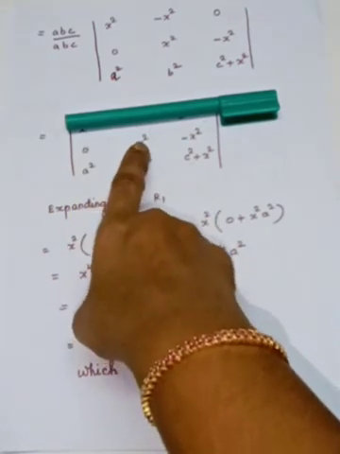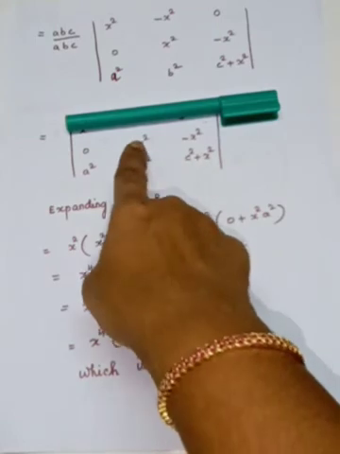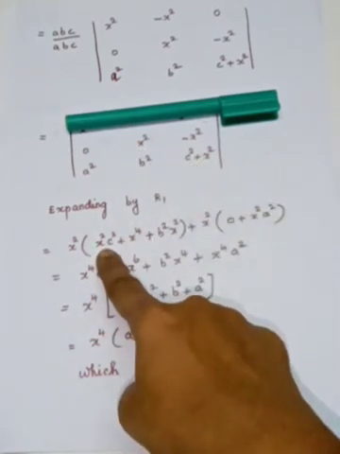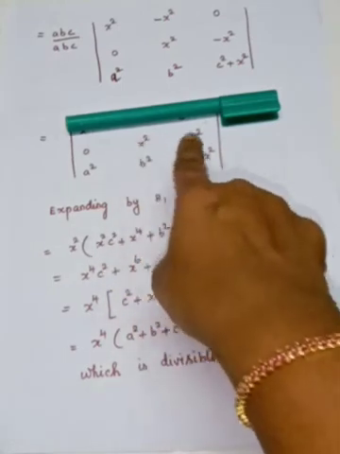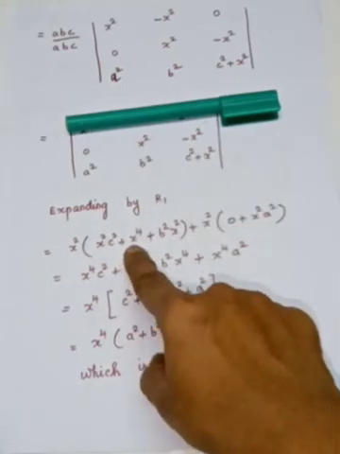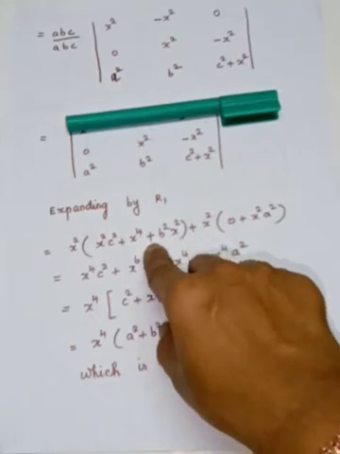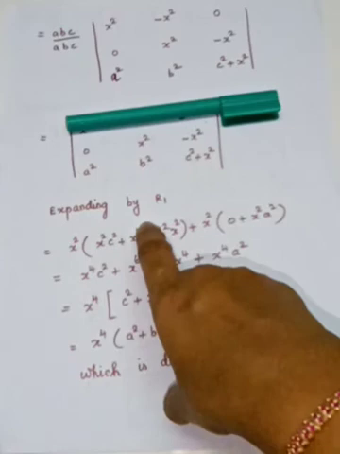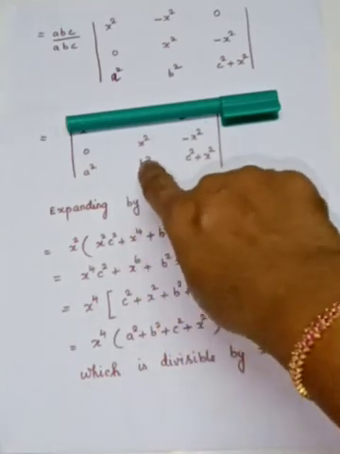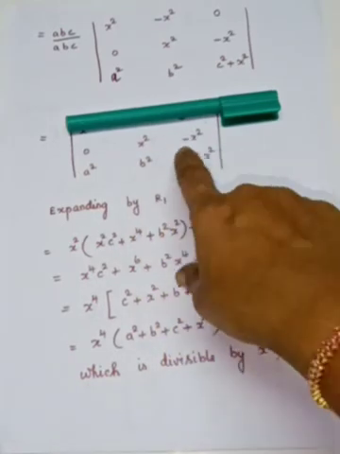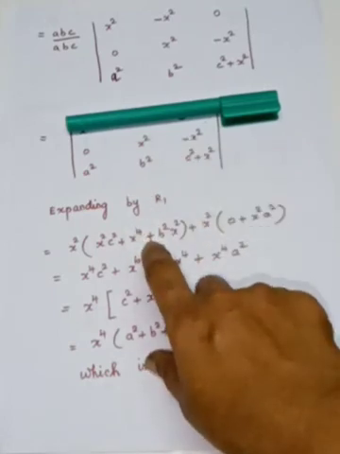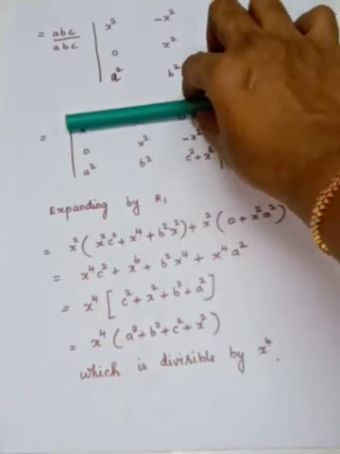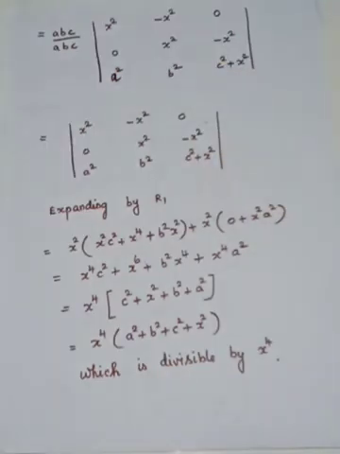So you have to cross multiply these two. So what will come? x squared into c squared, that is x squared c squared, plus x squared into x squared is x power 4. In between you have to write minus, but here I have written plus. We will see why it is so. According to the formula you have to write minus. If you multiply these two terms you will have minus here. So the minus into minus plus b squared into x squared. Okay, the first term in R1 is written.